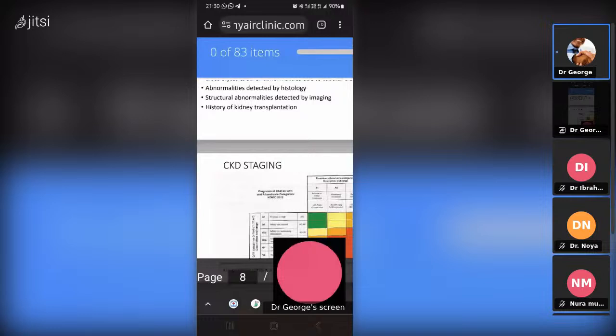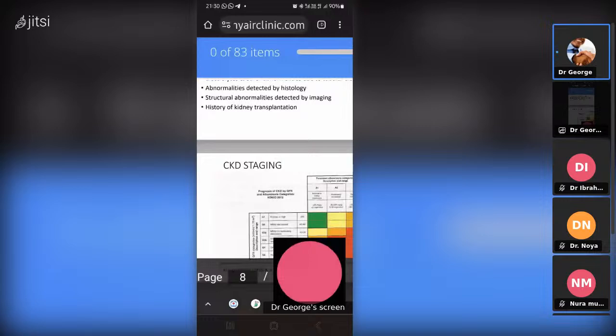So in this graph, basically they're trying to plot the GFR and match it against existing albuminuria categories. The albuminuria categories are A1, A2, and A3. A1 is normal to mildly increased albumin, less than 3 milligram per millimole, or less than 30 milligram per gram. That's just mild albuminuria. Then moderate albuminuria, you have 3 to 30 if you are measuring in milligram per millimole, which is like the popular system.